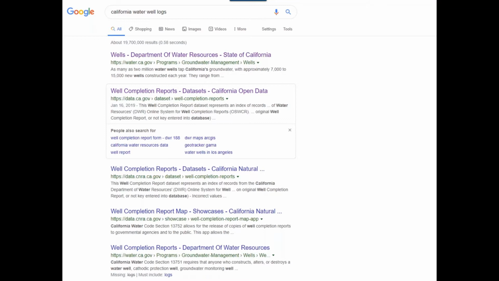I know early in our program, I think 2013 or so, I had a well owner who had a problem. Their well had gone dry because of the drought there and they were drilling a deeper well and he wanted his information. I called the county for him and they wouldn't give it to me. He had to call them and get the information and then fax it to me at the time. But now California has opened up all that data and you can get online and see it.